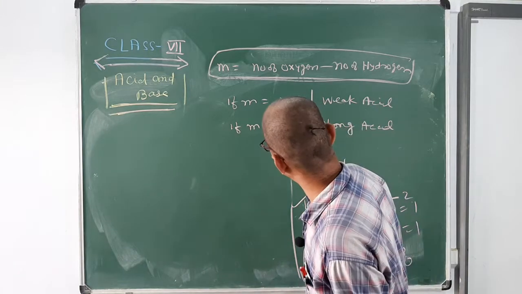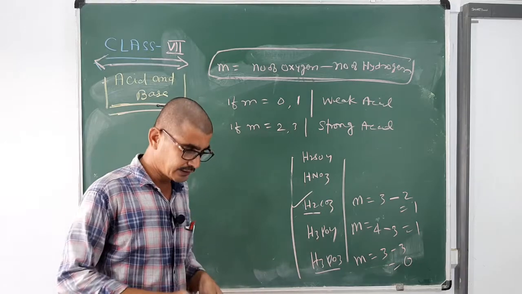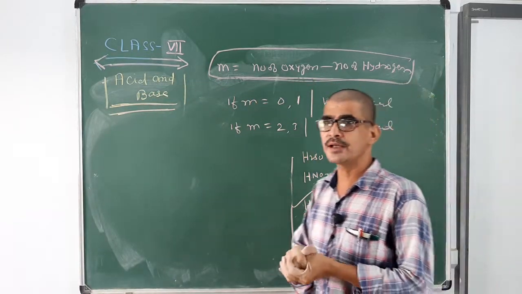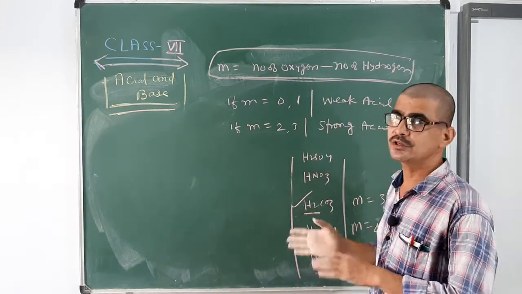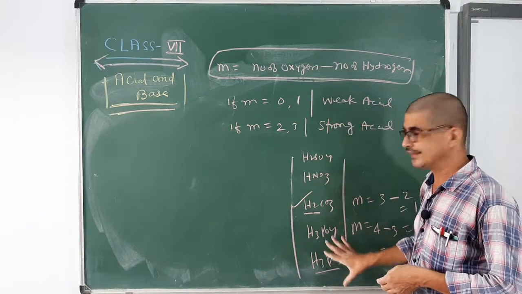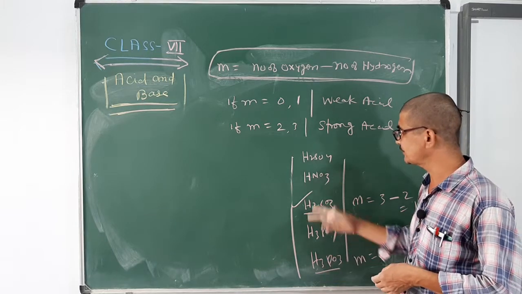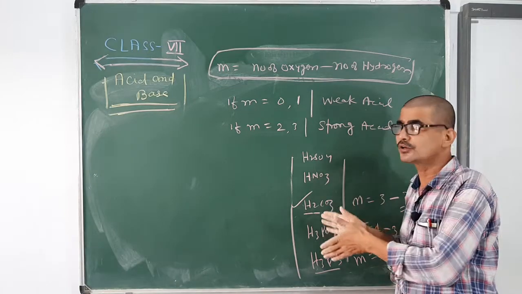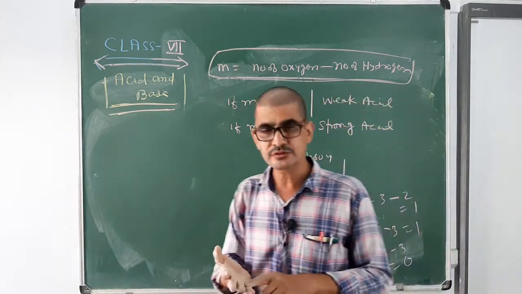Remember these things. But as far as mineral acids are concerned, they may be strong as well as weak, both. How can you identify it? With the help of this formula, we are able to identify which one is a strong acid and which one is a weak acid. But this formula is applicable only for oxy acids, or ternary acids. Ternary acid means it consists of three elements, that's why it's called a ternary acid. It has oxygen, which is also known as an oxy acid. So, is that clear? And now strong acid, weak acid is also clear.